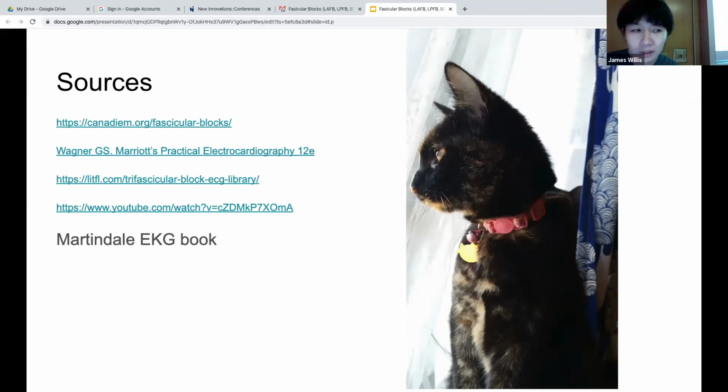I think how you highlighted focusing on the conduction, instead of memorizing the funny R prime, just focusing on where the conduction is delayed, and that's going to be your positive vector on your EKG, is super important and helpful versus just